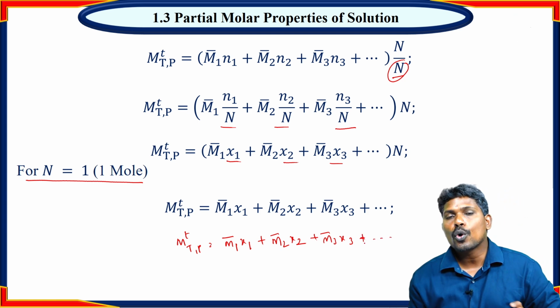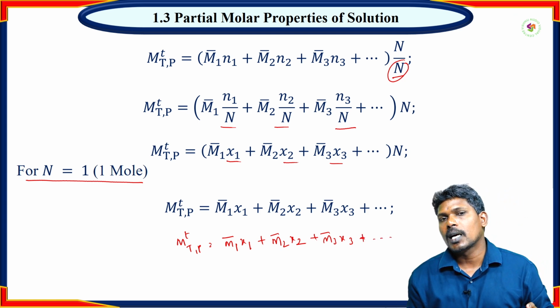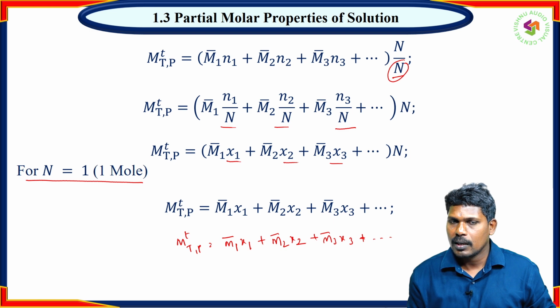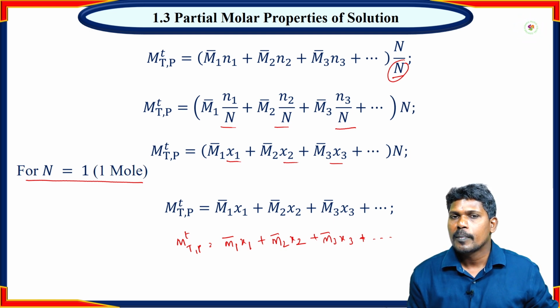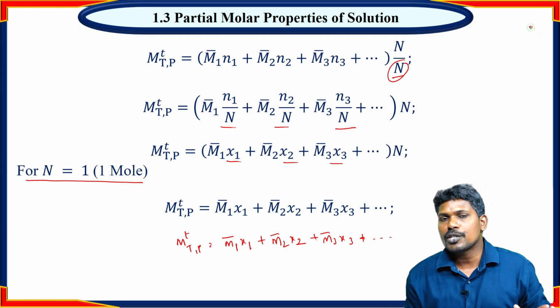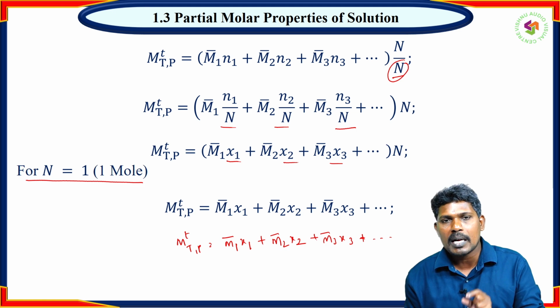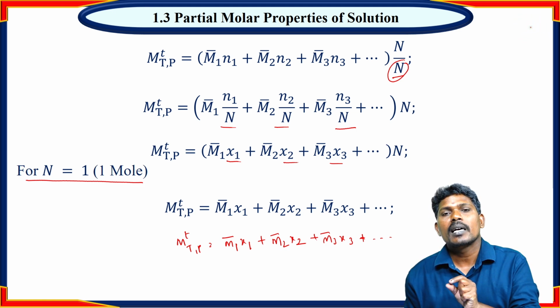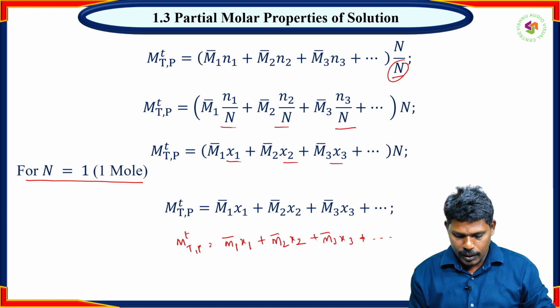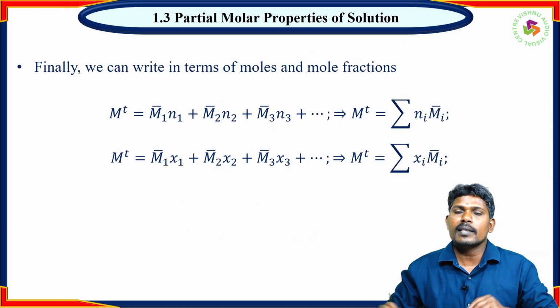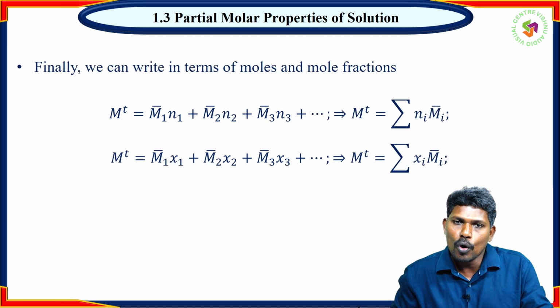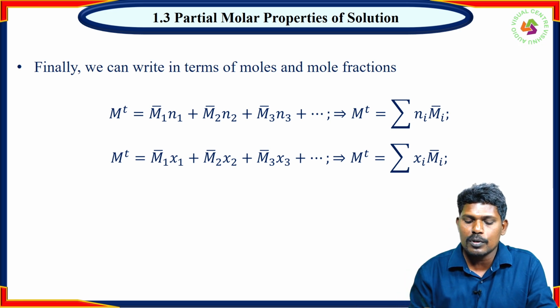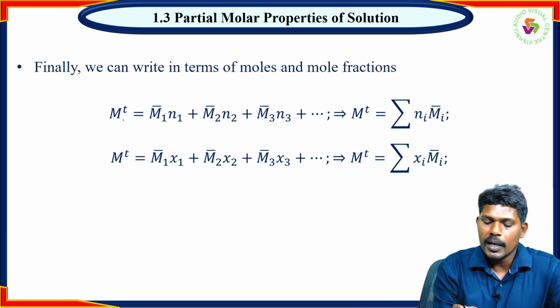Means the total molar property of a mixture at constant temperature and pressure is equal to the summation of each compound's partial molar property multiplied with its mole fraction. Okay. So in this way, we can write in terms of moles, or in terms of mole fraction. In terms of moles, it is the M